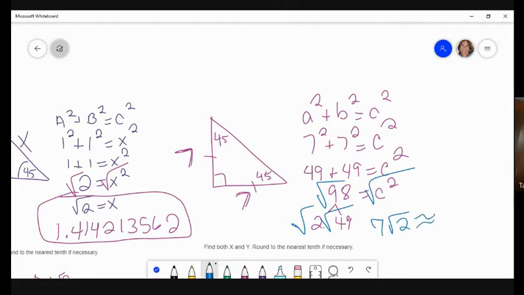So the square root of 98 is 9.8994, some big obnoxious number. Okay, so that's the square root of 98. Now, what I want you to see is that I just told you that if I was going to simplify it, we would have 7 square root of 2. And if I take 7 and multiply it by the square root of 2, that also comes out to